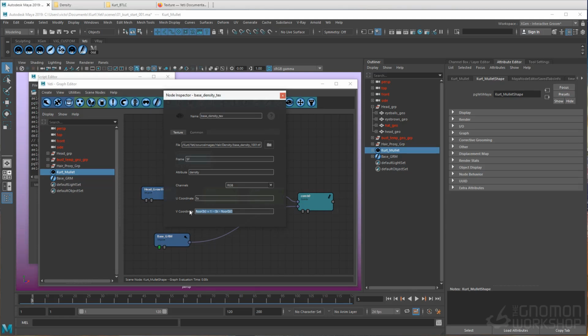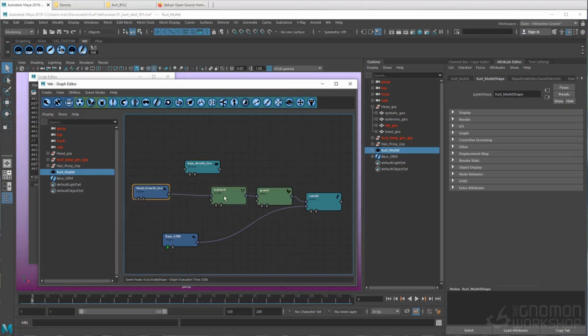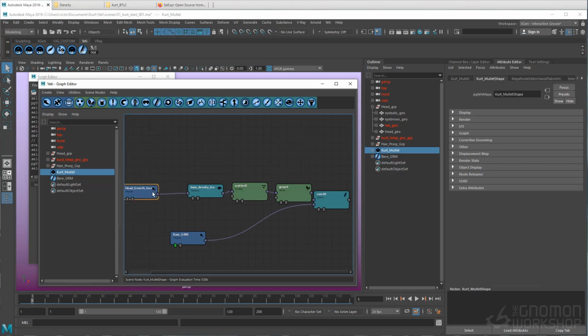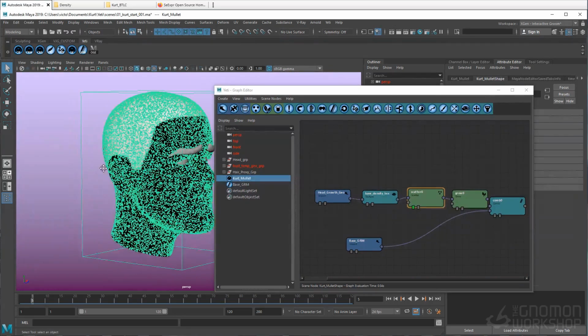The expression language that Yeti is compatible with is SeExpr, which is an open source language. You can familiarize yourself with this language through their site and by searching across the internet. Now let's go ahead and feed the geometry input node into the texture node and plug the texture node into the scatter node. Now let's make the scatter node active,